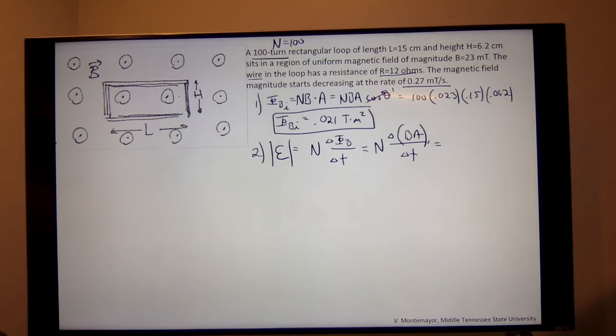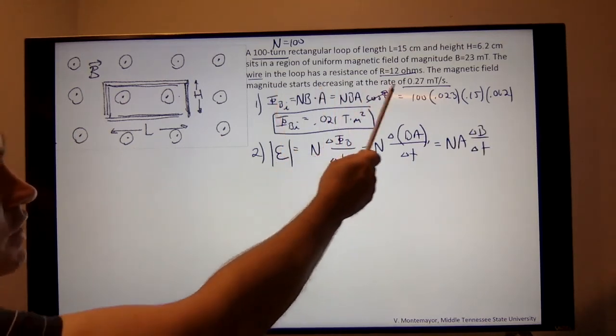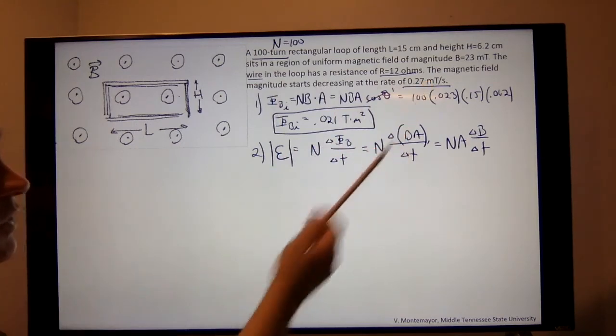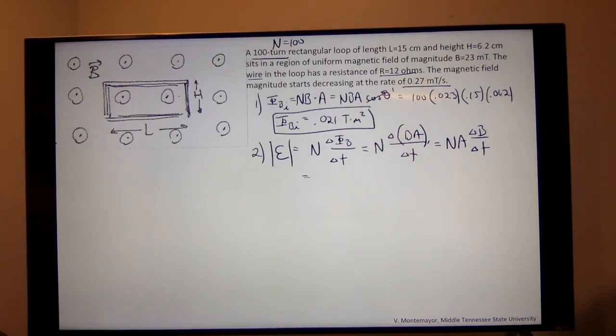So the area is not changing. I have N times A times delta B over delta t, and this delta B over delta t is the rate of change of the magnetic field, which they gave us. So this is going to be equal to 100 times 0.15 times 0.062 times the rate of change of the magnetic field. In millitesla, I need to be a little bit careful with that. That's going to be 0.00027 millitesla per second. So that's going to give me an induced voltage of 2.5 times 10 to the minus 4 volts,